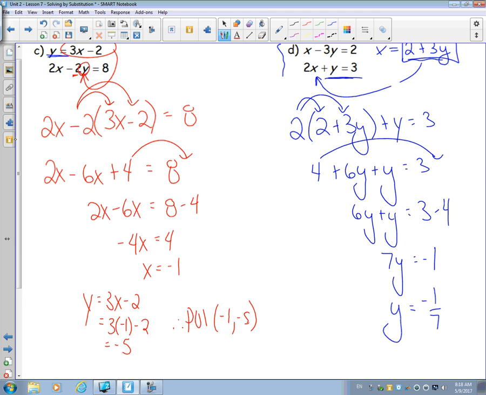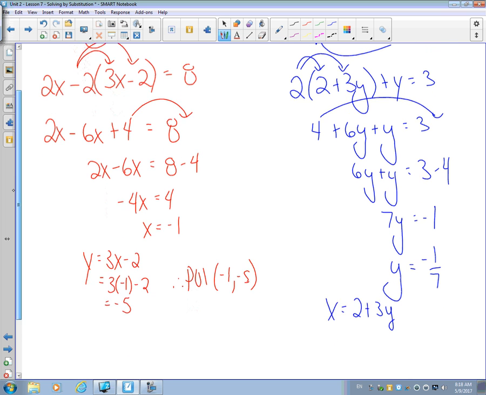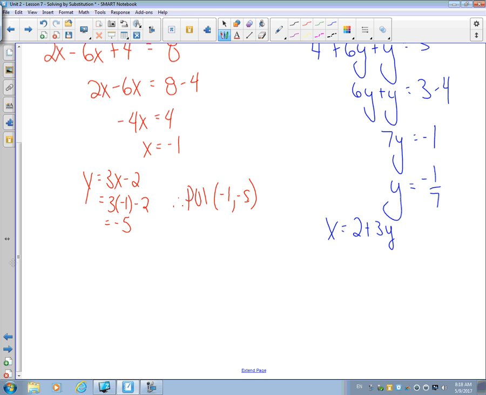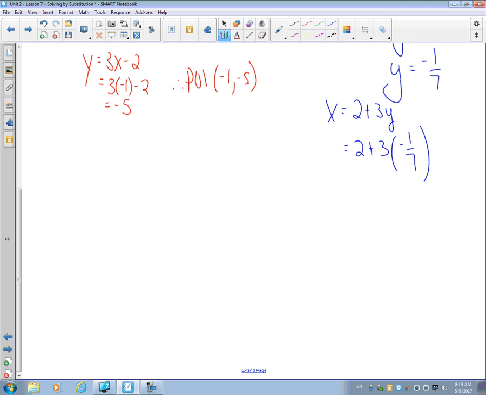Okay. I need to get the x that goes along with it. So back to the beginning, we know x equals 2 plus 3y. And that's the equation we rearranged. But I know something about y. We said that y is negative 1/7, and I want you to keep it as negative 1/7. Don't turn it to a decimal, because that's rounding. That's what the graphing method would be used for. You have to approximate. I want to get the exact answer. So I'm either going to use my fraction button on my calculator, my ABC button, or I'm just going to